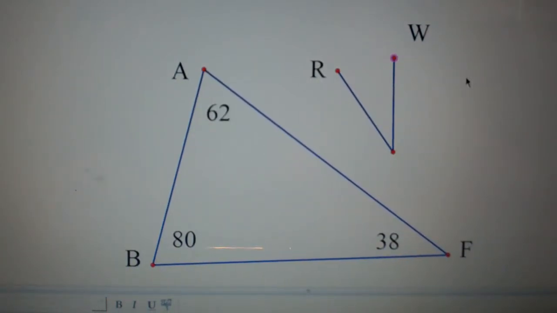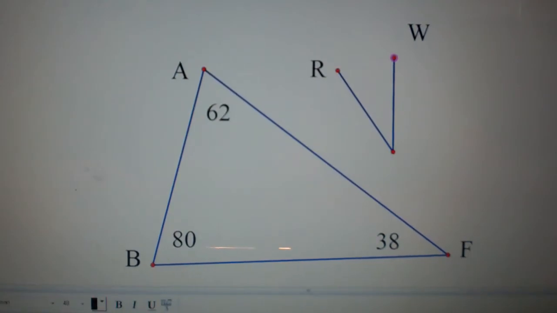Today we're going to be talking about the triangle inequality theorem, which is in section 5.5 of your geometry books. Section 5.5. So here, the concept that we're looking at is that whenever we have an angle, so for